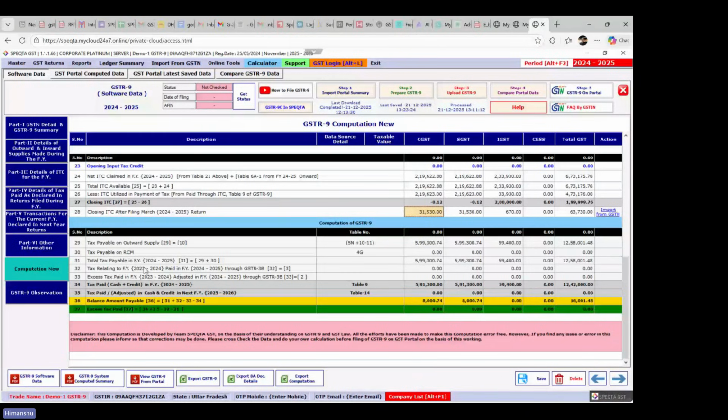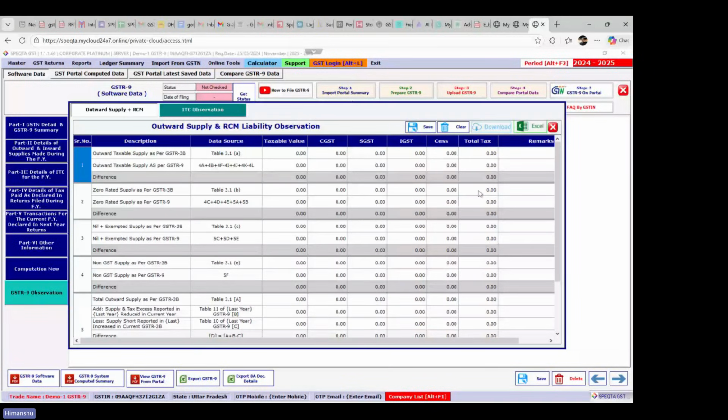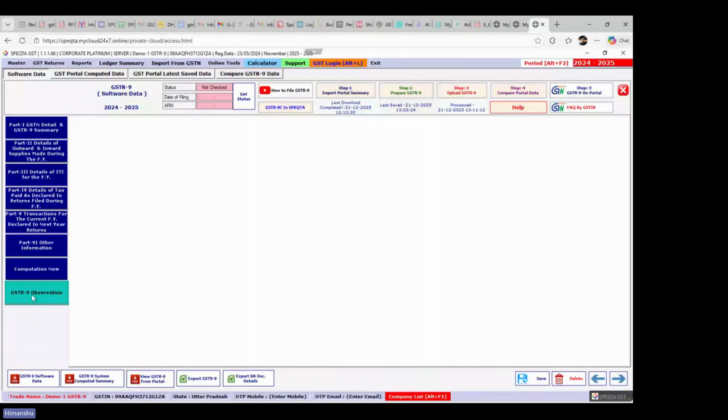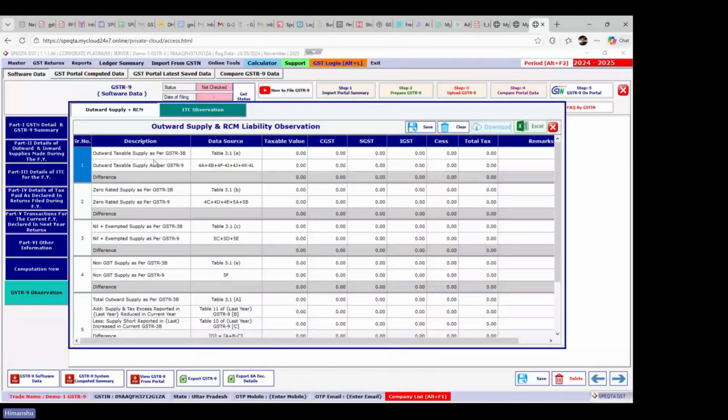ये बेसिकली ऑब्जर्वेशन देने के पीछे एक छोटा सा केवल ऑब्जेक्टिव था, क्योंकि अल्टीमेटली हम जो 9 फाइल कर रहे हैं, ये ऑब्जर्वेशन वाला जो पोर्शन है, ये हमने ट्राई किया है कि आपके GSTR-9 को आपकी GSTR-3B की टेबल से कैसे लिंक कर दें। तो 3B की कौन सी टेबल से डेटा आता है और 9 की कौन कौन सी टेबल्स में वो लिंक्ड है। रीजन बिंग ये भी पोर्टल का पार्ट नहीं है, ये जस्ट एक प्रोफेशनल्स को दिया गया है, कंपनीज को दिया गया है सॉफ्टवेयर में, कि आप अपनी अंडरस्टैंडिंग के हिसाब से देख लो कि 9 और 3B में कहीं कोई डिफरेंस है। अगर कोई डिफरेंस आपको दिखता है तो जस्ट पहले फेच करेंगे डाउनलोड।